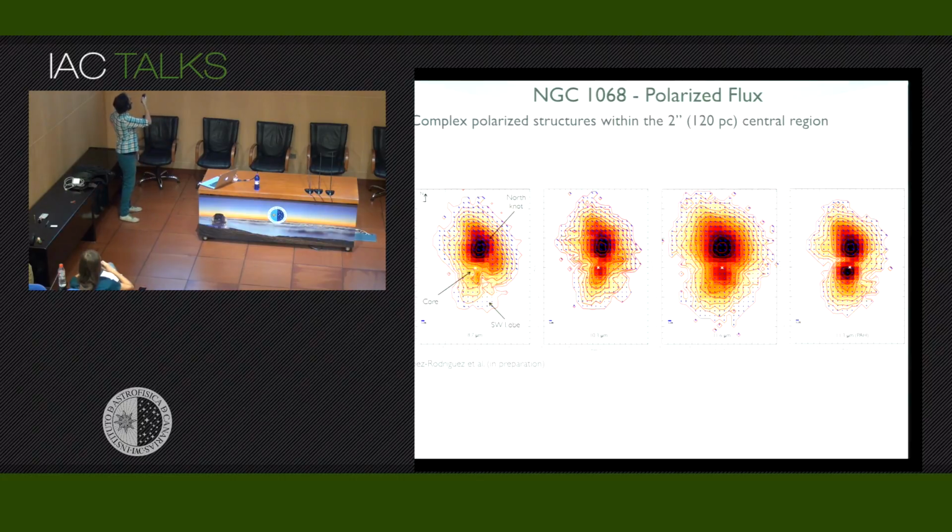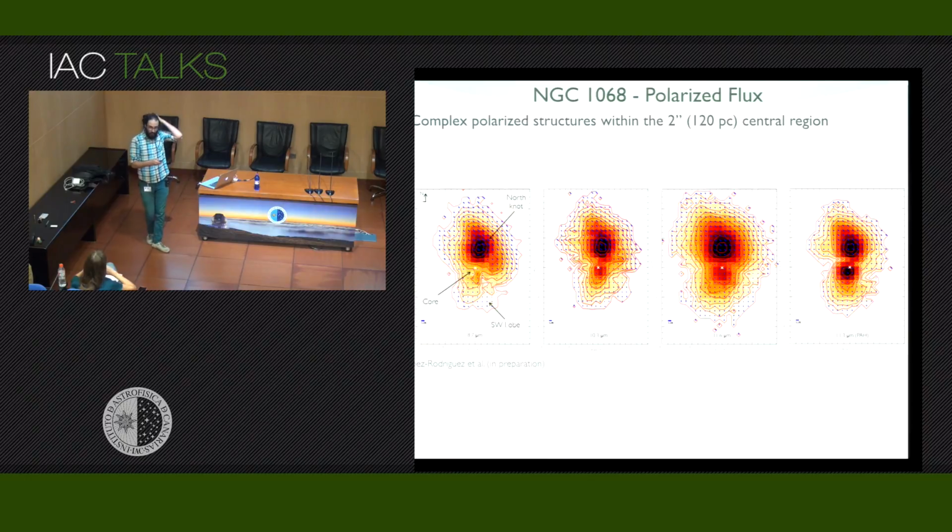So here what we have is the core. Then we have a very high polarization in the north node, which is a cloud that is being impacted by the jet. So we have the central engine, the jet of NGC 1068 goes this way and then bends, so we have this very highly polarized structure. And then the other jet goes in the other direction, away from the plane of the sky, and is extinguished by dust in the galaxy. So this is the imaging polarimetry.